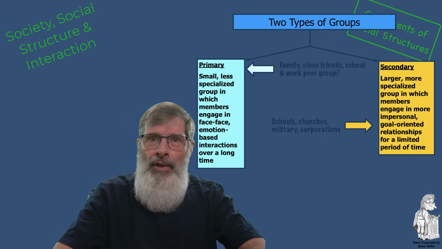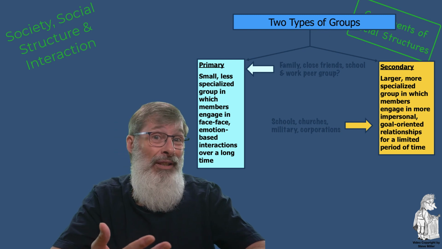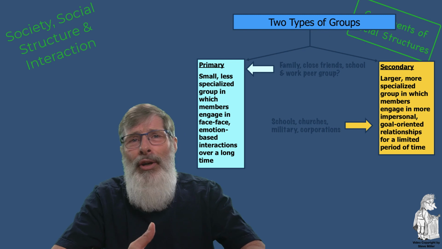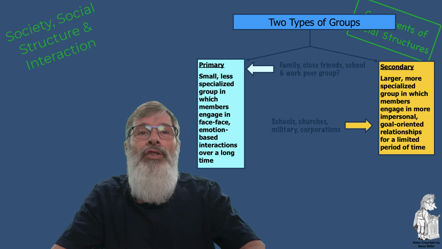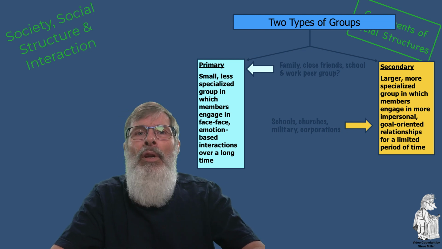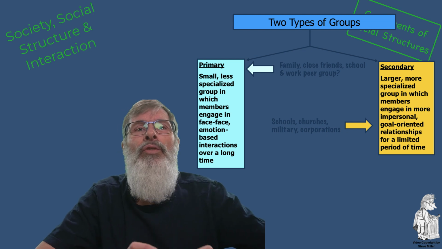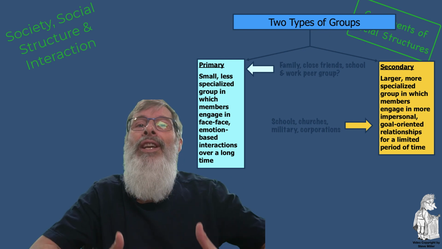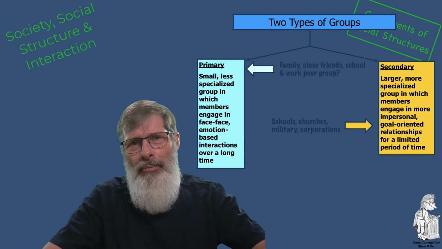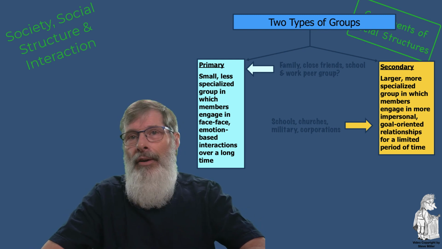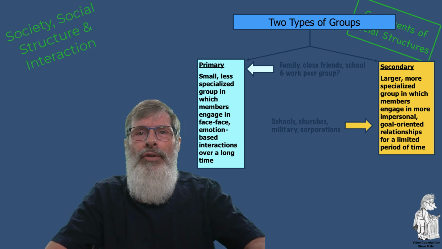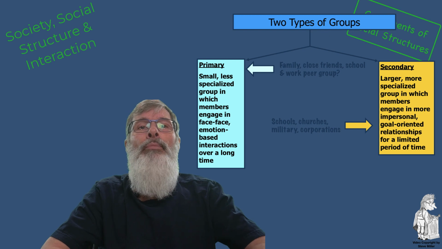Now, typically, primary groups will include our family, our close friends, and maybe some school and work-related peer groups. Schools, churches, and corporations are examples of secondary groups. Groups can have what is known as social solidarity or cohesion. It relates to a group's ability to maintain itself in the face of obstacles. Social solidarity exists when social bonds, attraction, or other forces hold the members of the group in interaction over a